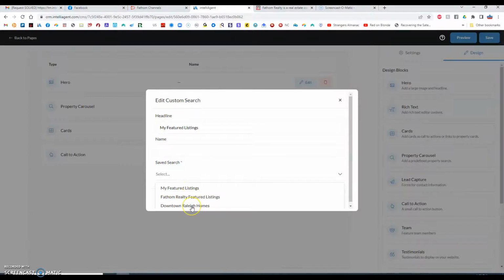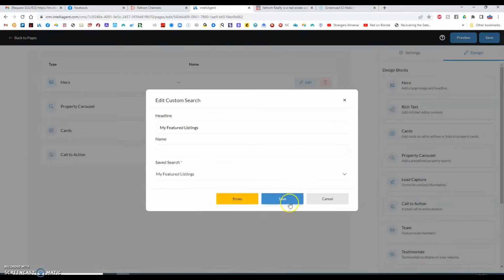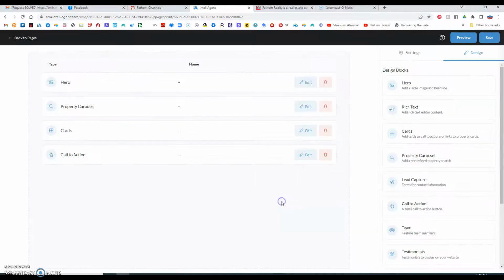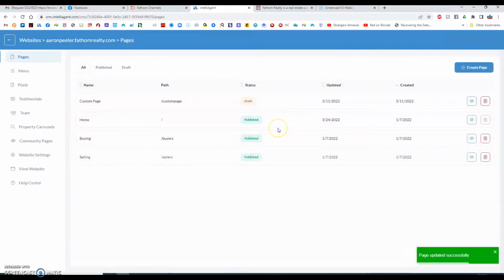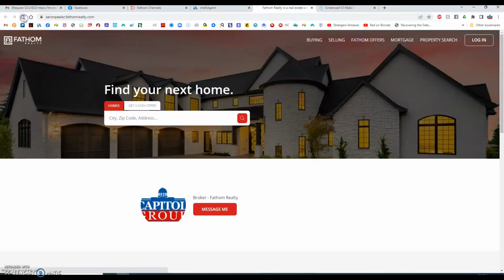You'll see I've also created a search for downtown Raleigh. And then this one is actually all of my Fathom office's listings. So for this one, we're just going to click that and save. We're going to save up here in the top right. And when we reload this,